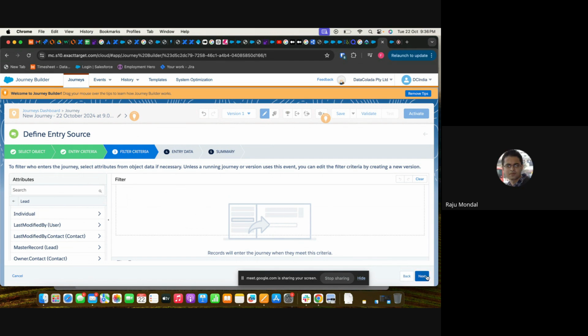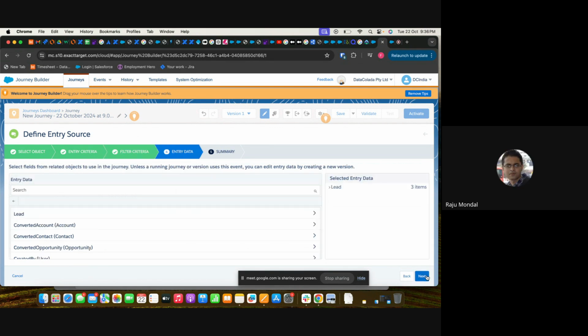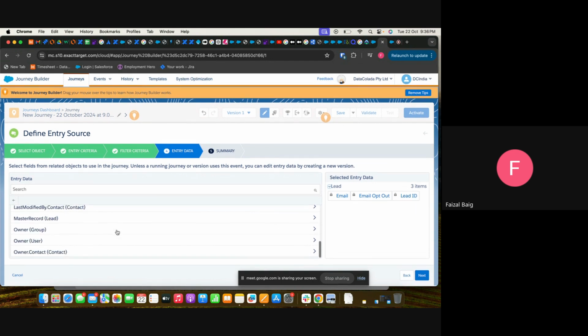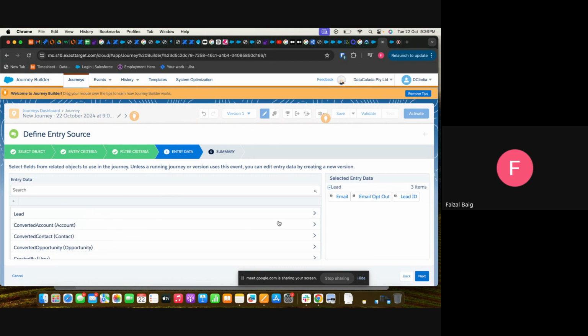Entry criteria means, whenever you select the object, how many fields you select under that object comes under entry criteria. And entry data is the fields which we are selecting. See this, we have selected email opt-out and lead ID. If you want to add one more field, we need to click on lead.